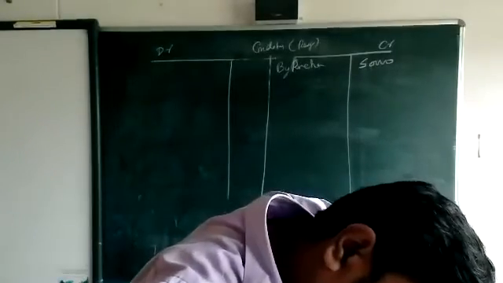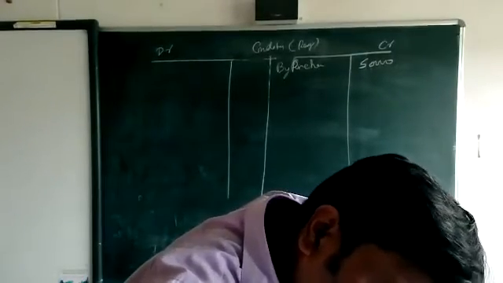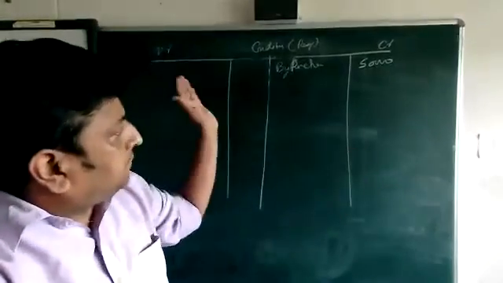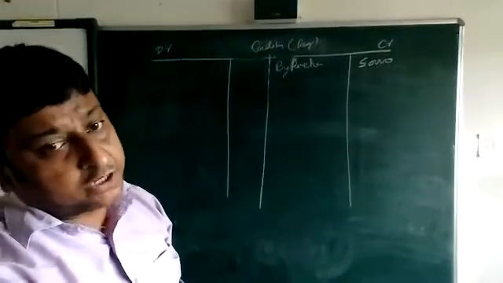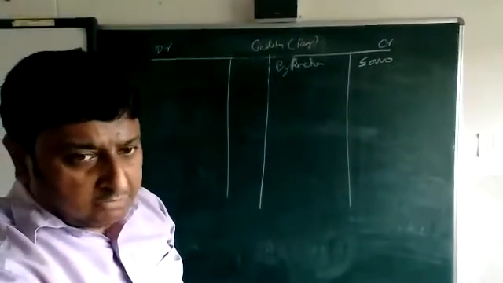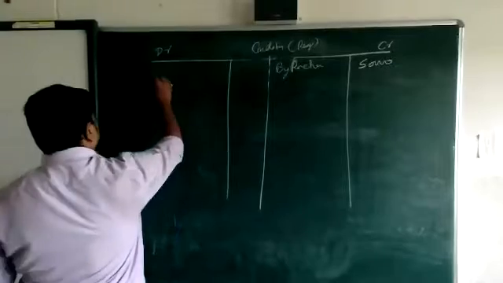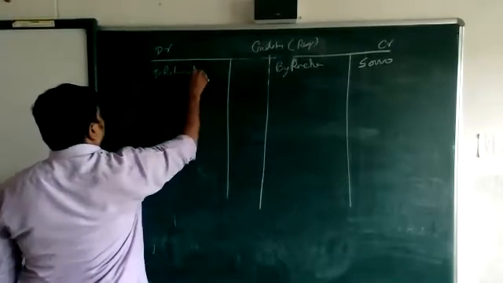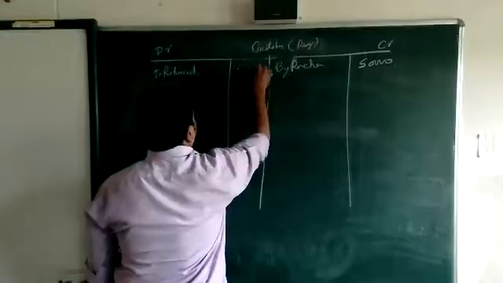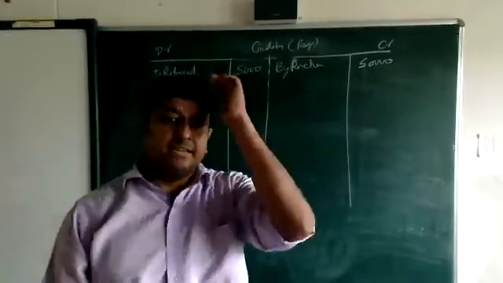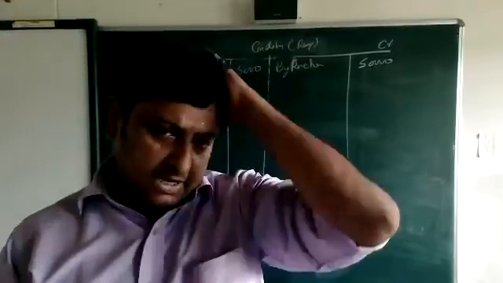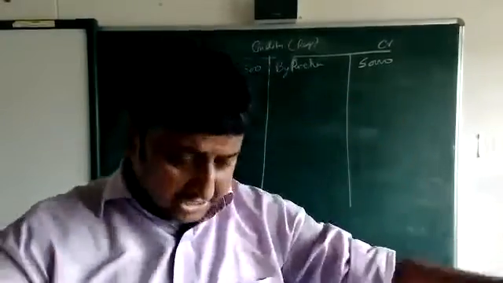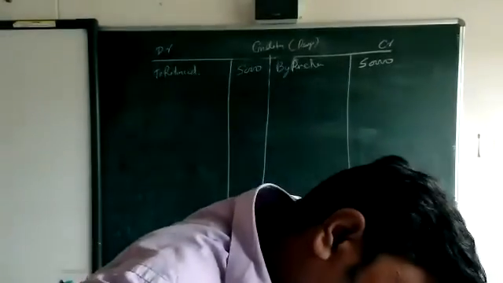Next, return goods to Raghuveer, 5,000. You are going to return. You purchased 50,000 of goods and they are going to return. Return means your creditor will decrease, and decrease goes to this side, the debit side. Okay, because by the return your creditor will what? Decrease. Okay, go for the next.